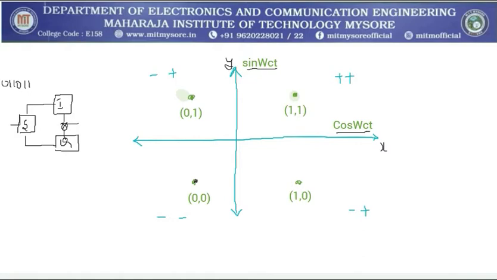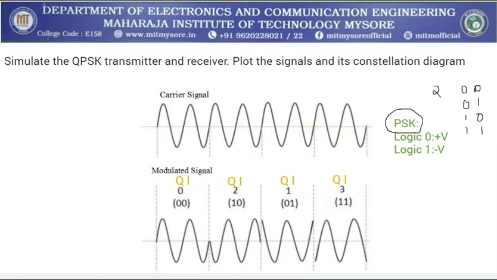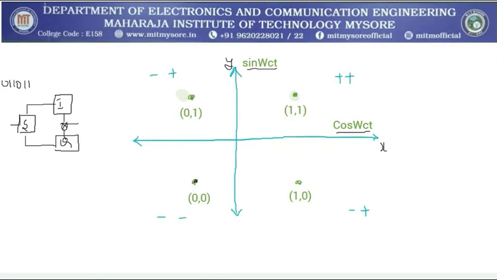For example, by looking at the previous diagram, for 0 0 the phase shift has happened at the end, so you can observe it here. It will be represented at 0 0. If I have both the bits high, that will be represented as 1 1, and it will be present here. This is just the theoretical perspective that you have learned in the theory classes. Now what we do is, I want to implement these blocks in Simulink.